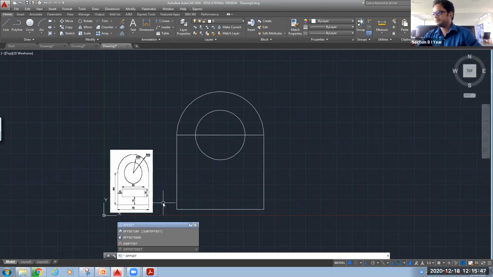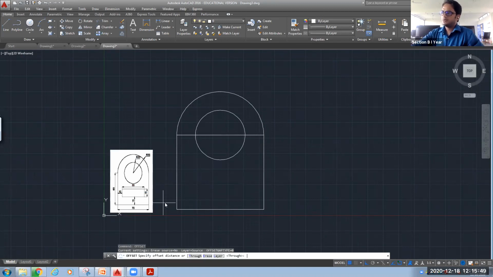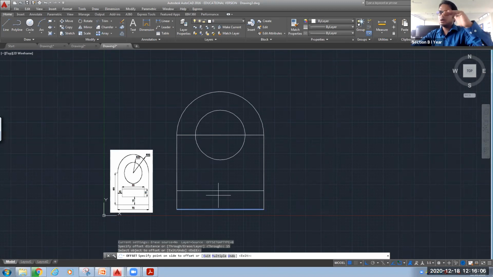OFFSET. What offset distance do we want? We want the offset distance of 15. 1, 5. Enter. Which object do I want to offset? I want to offset this baseline. In which direction? Above the baseline. So I will bring my cursor on this side.